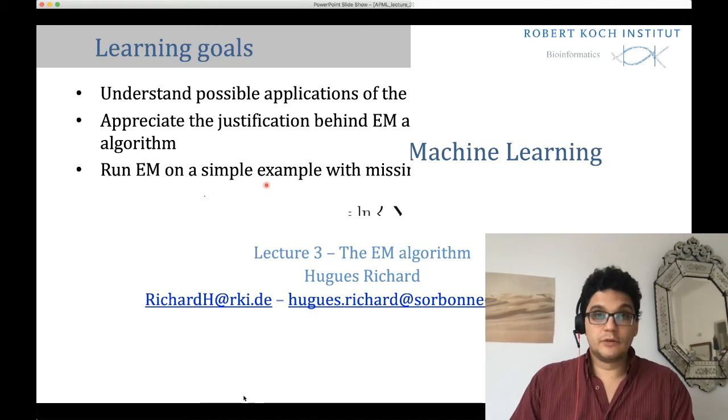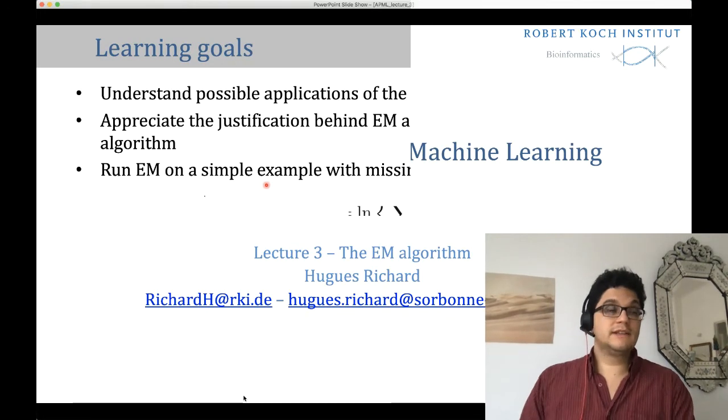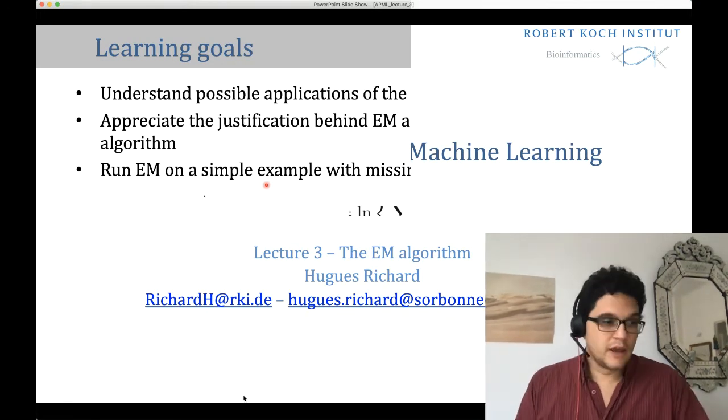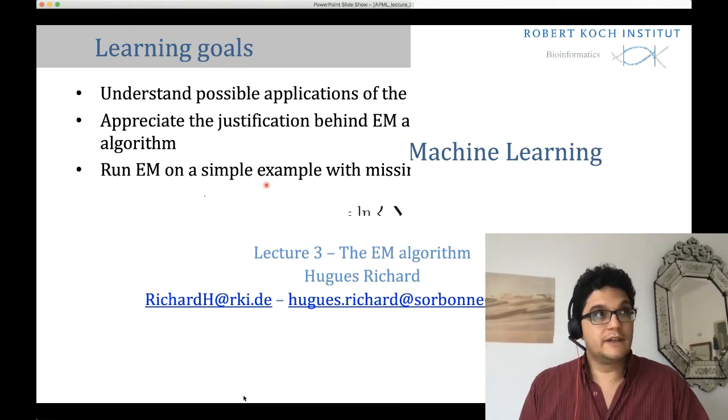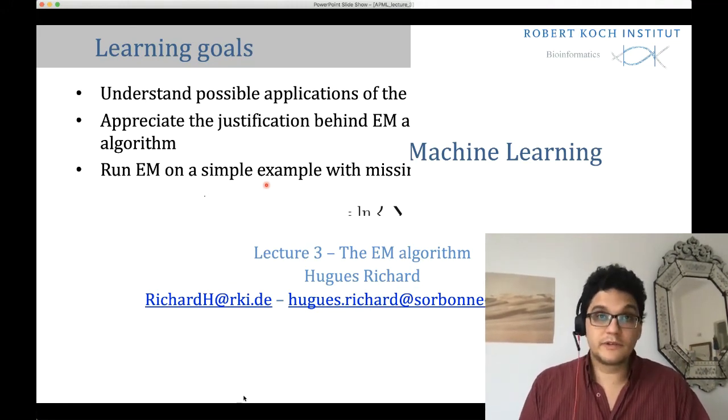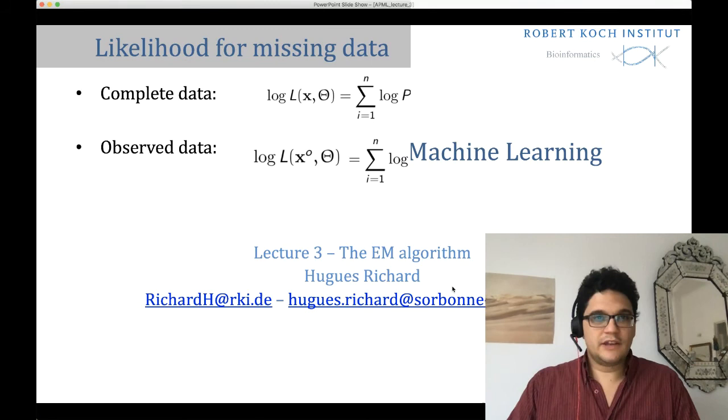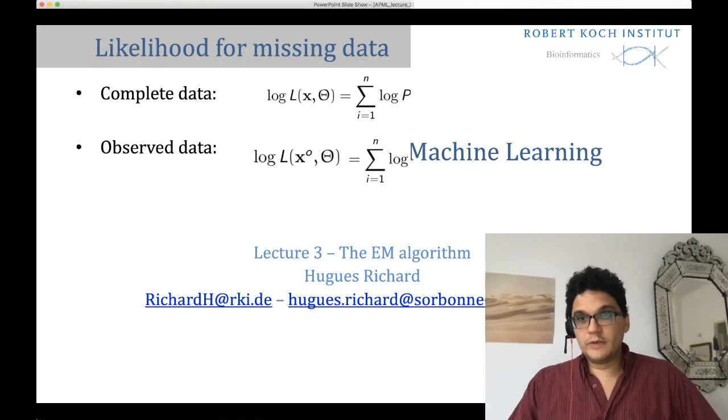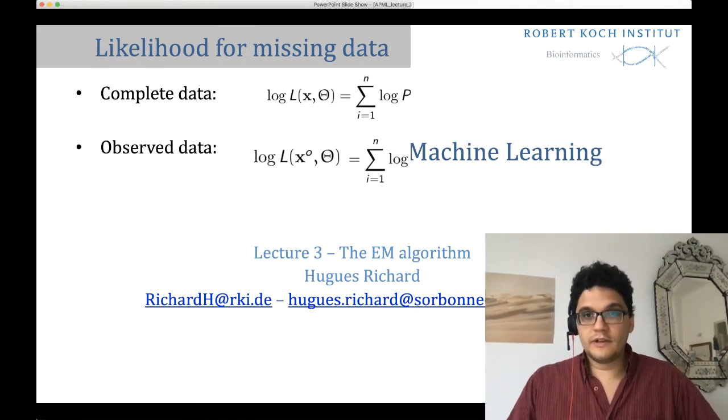Okay, and so we'll see now how we can overcome that within the EM algorithm by first seeing how we can find a way to maximize this likelihood of the observed data sequentially. So I just wrote: if we have the complete data, the log likelihood is the sum of the log likelihood of each observation. When we have only the observed data, we need to enumerate over all possible values of the hidden variable.